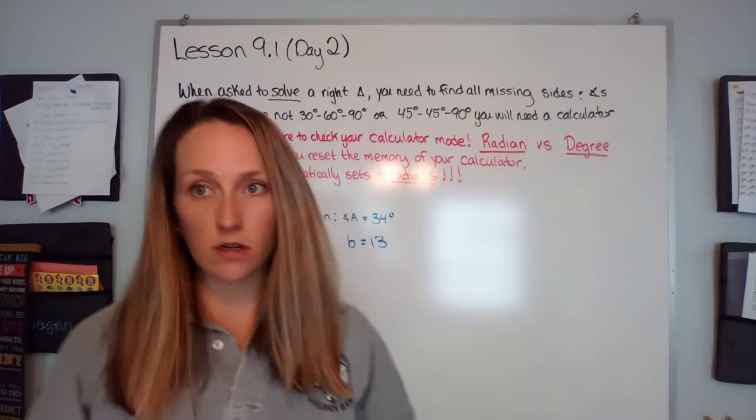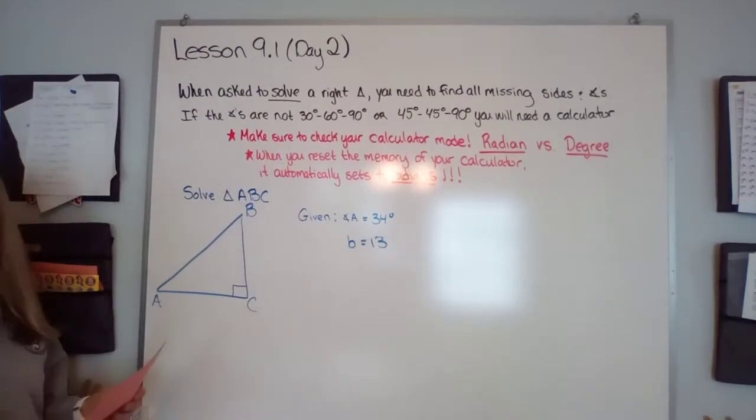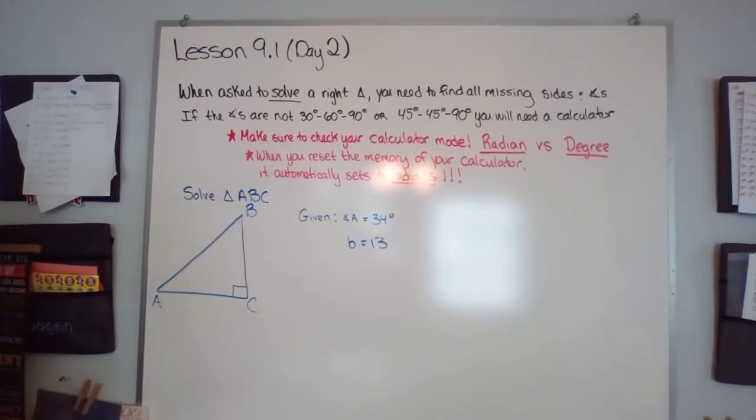Have the board started, set up for us to get started. Our goals today include solving triangles and looking at a word problem. So first off, when you're asked to solve a right triangle, that means you need to find all the missing sides and angles. If the angles are not 30, 60, 90, or 45, 45, 90, you're going to